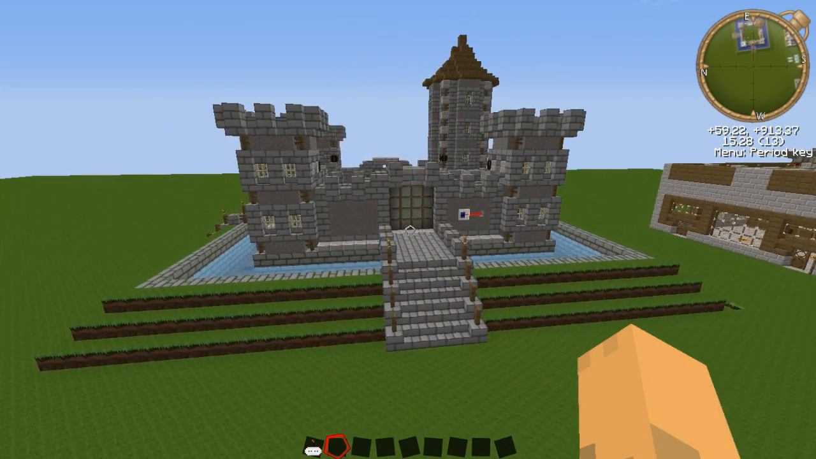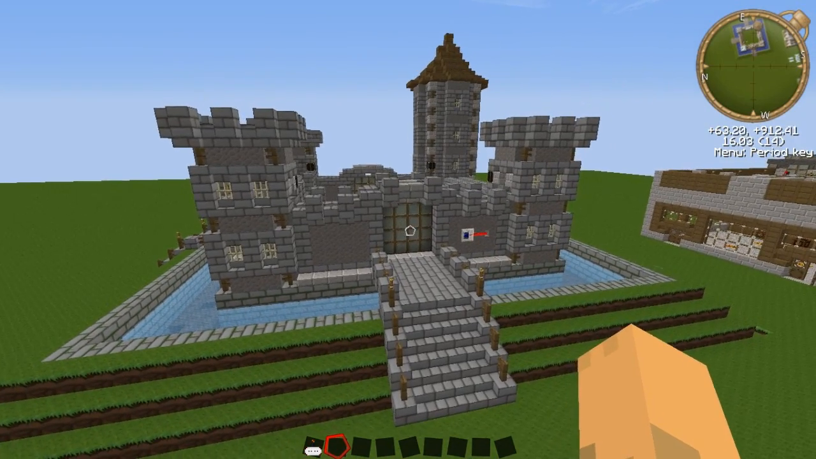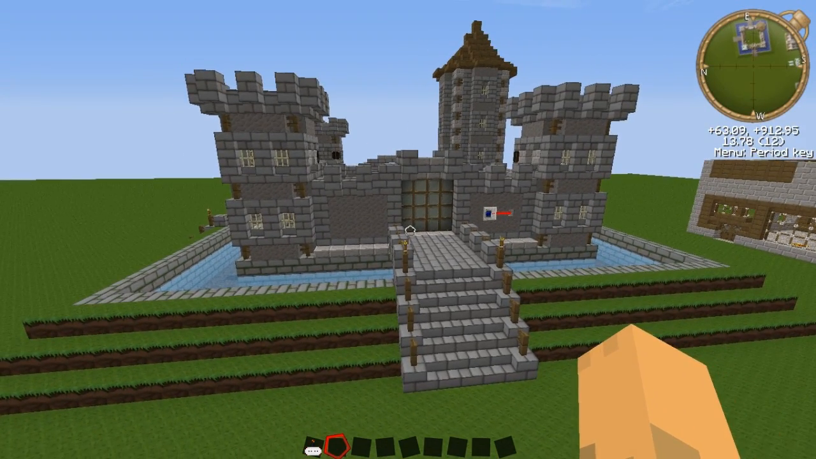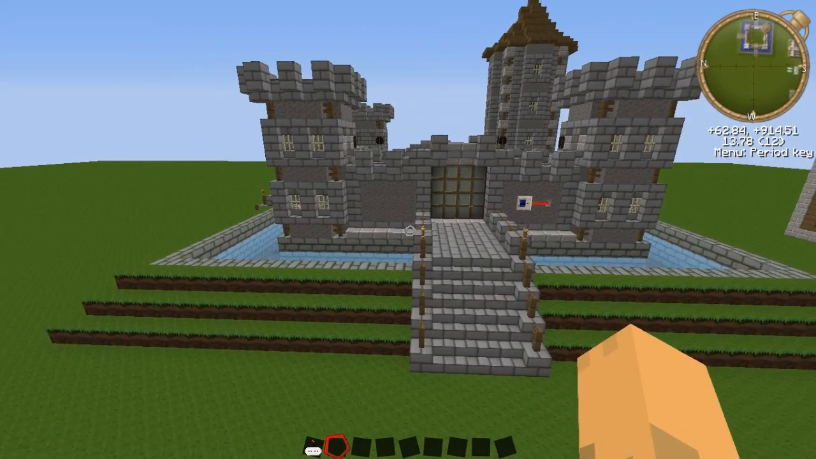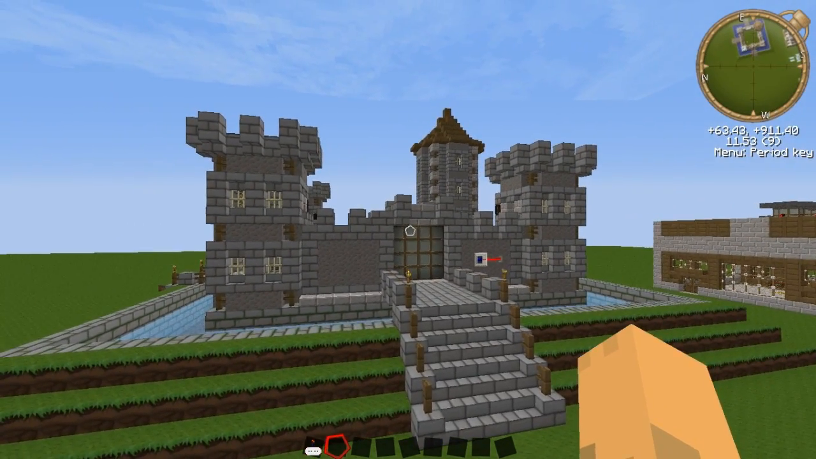Today we will be doing a one-off episode on this lovely castle I have built. It's taken quite some time because I have done it. I've used creative mode, but I've done it block by block. So it's the Boozle Castle. Right, now let's